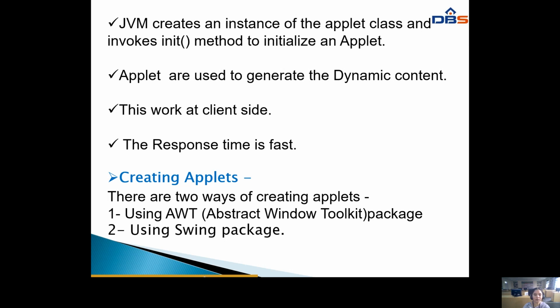Why the init method? We access the input given from the keyboard using the init method. Already you know that we are doing so many programs. Whatever variables we give from the keyboard, this init method accesses all of them. And then it will hold the values we gave from the keyboard. It will store those values in particular variables with the help of this init method, to initialize an applet.